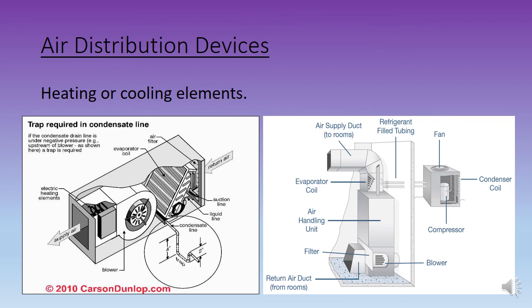Alright, and next component is heating or cooling elements. These are elements in the AHU. So we know that AHU is also a part of ADS. Therefore, it is also a component of ADS. I'm not gonna talk much about heating or cooling elements. I believe all of you by now already know what they are. But just to recap, it is located after the filter in an AHU,